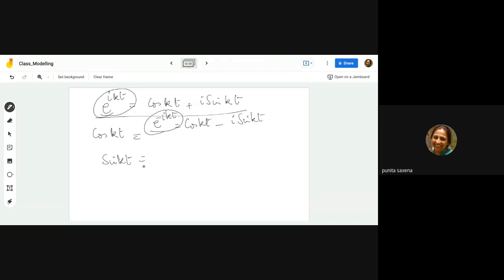So, we did not impose any conditions. Iota can remain as iota. It's not creating any problem for us. Wherever I have i square, I'm going to convert it to minus 1. Wherever I have iota, I'm going to take those terms separately and deal with them later on. Is this okay? So similarly, I can have the formula for the Laplace transform of cos kt and the Laplace transform of sine kt. Is this clear?